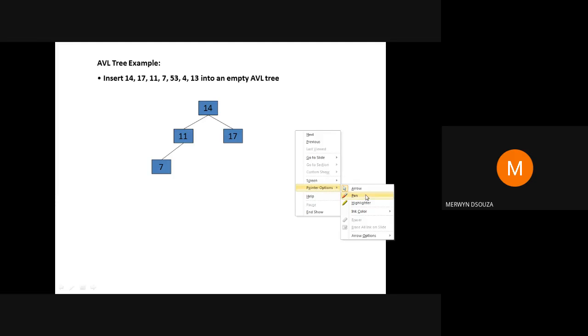So can you try to insert 53? Insert it in the proper place and check the balance factor again, whether it is valid or not. I'll ask Ritika now to tell me. So Ritika, insert 53 and tell me what will be the balance factor, whether the tree will remain balanced. And for which nodes are you going to calculate the balance factor? Ritika, can you tell me which nodes you're going to calculate a balance factor for after inserting 53?